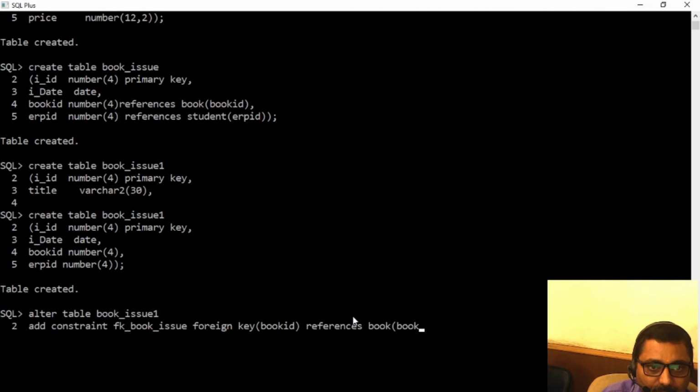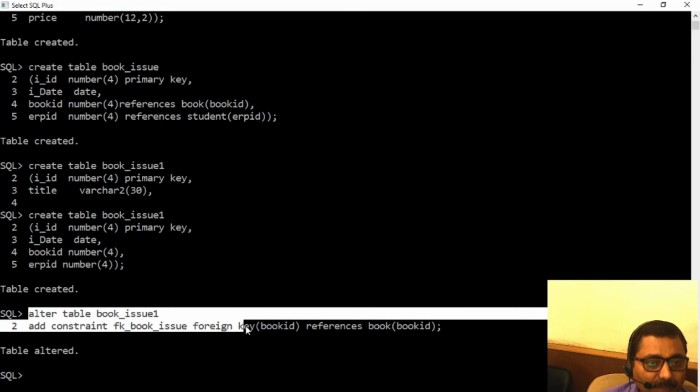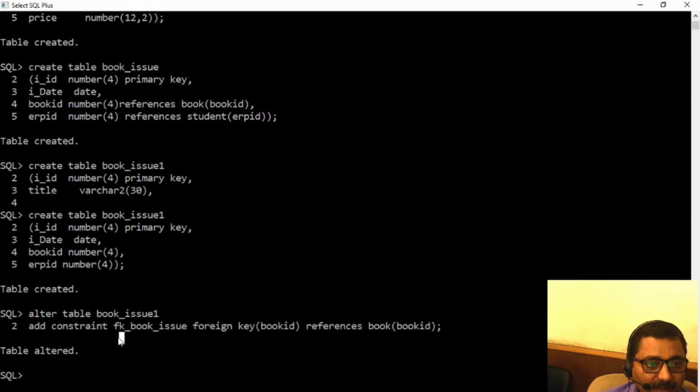Which column? Book ID. This way you are able to add a foreign key with foreign key name and with alter command. This was the command to add a foreign key to a table using alter table command, and you will be able to add a name to the foreign key also.